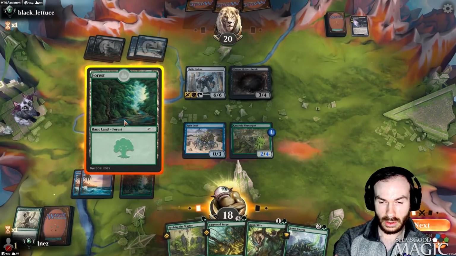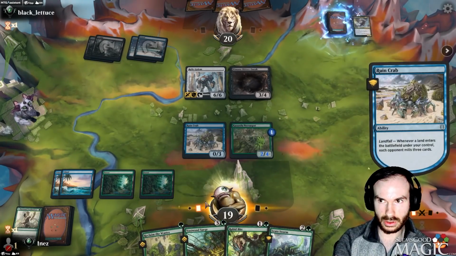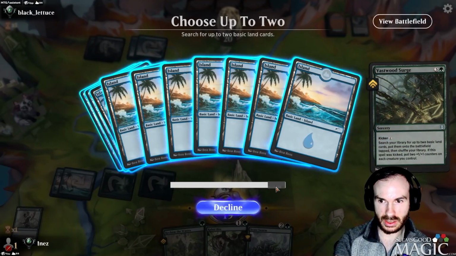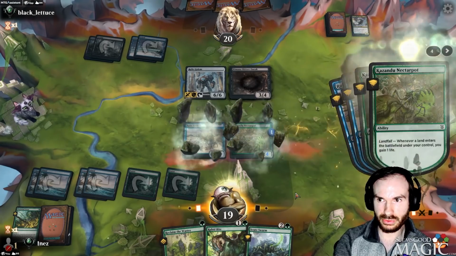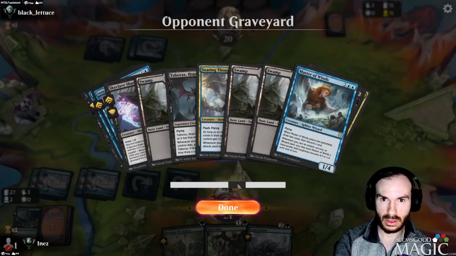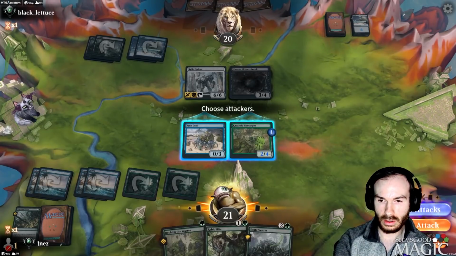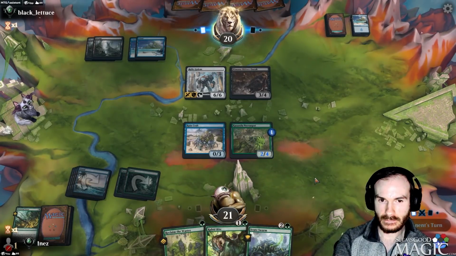So we go this Vastwood Surge, because this brings us to 6 lands. It also mills them for 6 more cards. Man, they have multiple Soaring Thought Thieves in there. Their deck looks sweet. No, I'm good. Then we can go